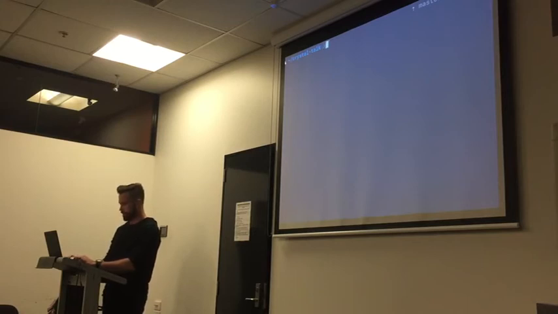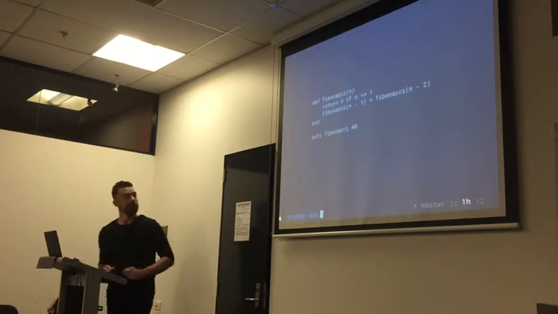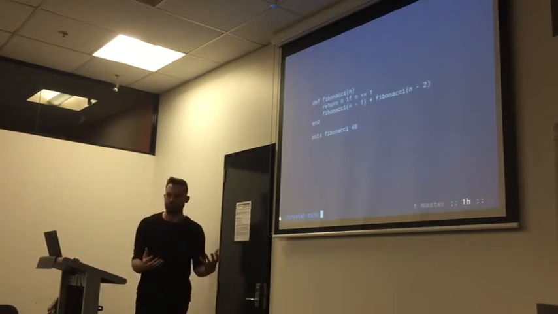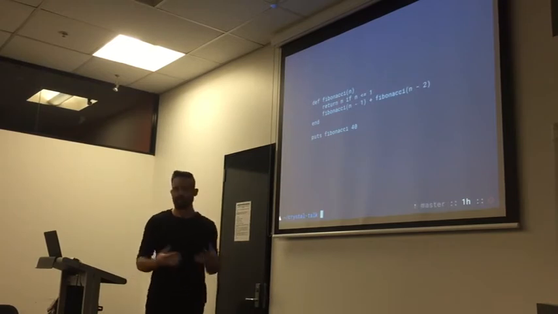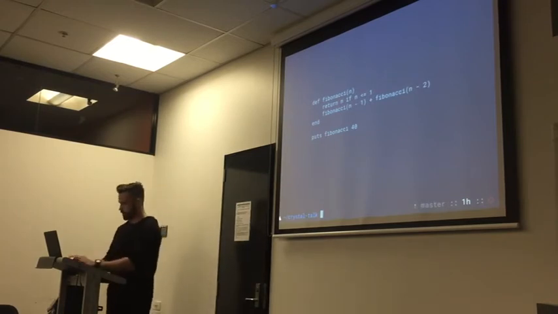So if we were to have a look at something. Sorry, just as a quick question, why would I use it versus any other language that I might already know? Let me show you. So here's a simple bit of Ruby, just compute a sequence of Fibonacci numbers. So if we were to run this in Ruby,